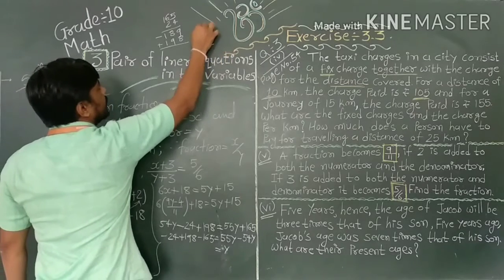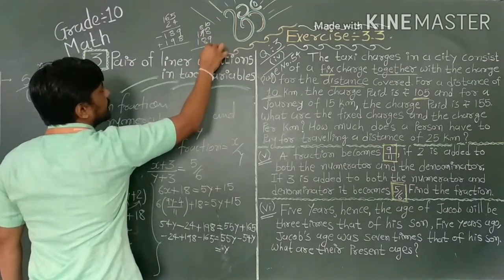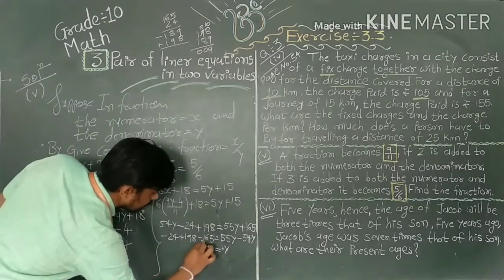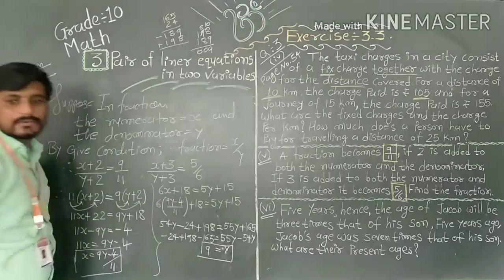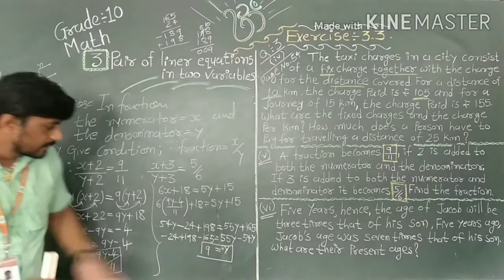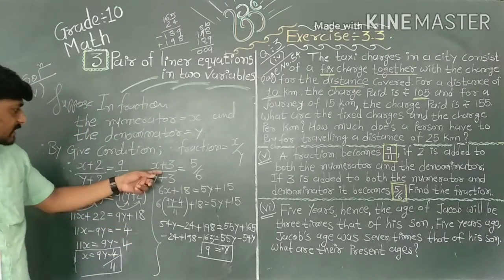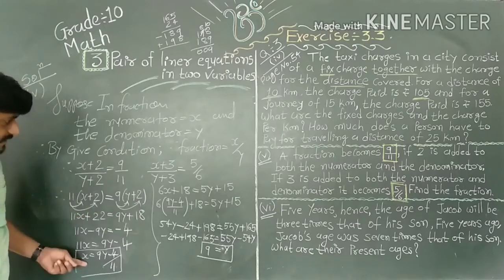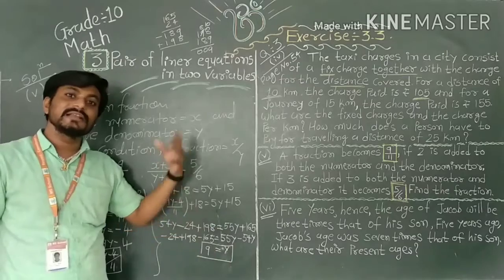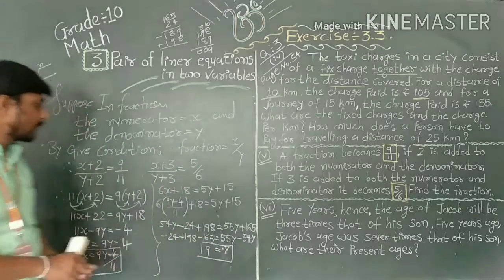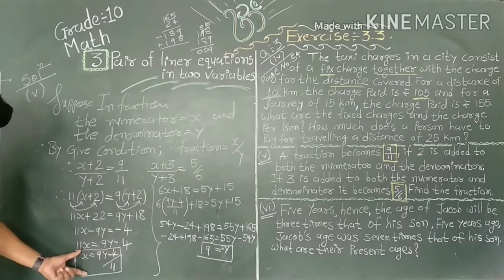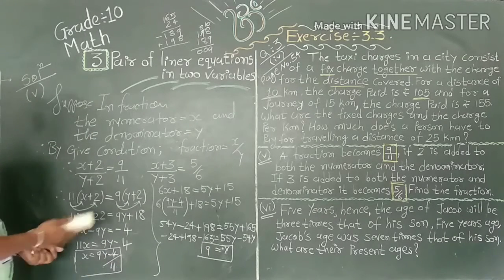Okay, here we have 9. That means y is equal to 9. Okay, now we put y is equal to 9 in this equation, this or this, anywhere. Okay, the choice is yours, and we will get the value of x. Okay, so I put this value in this formula. What happened? Look here.